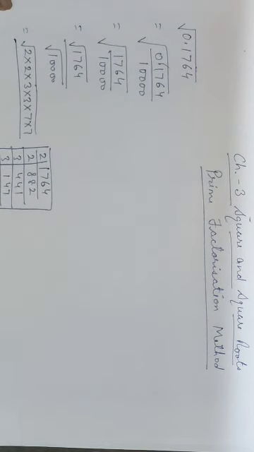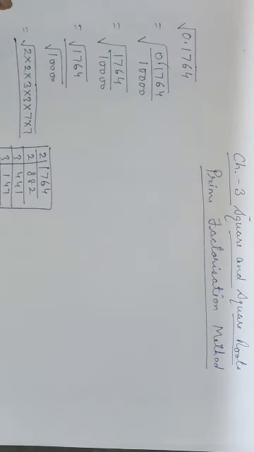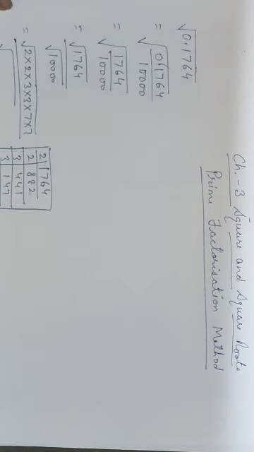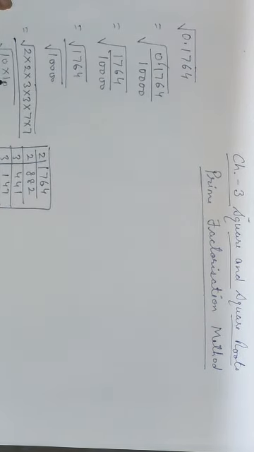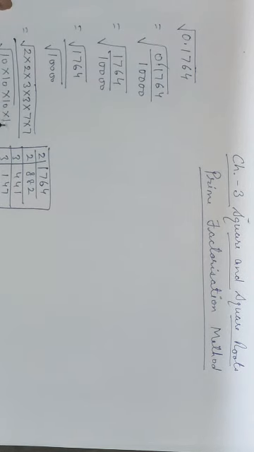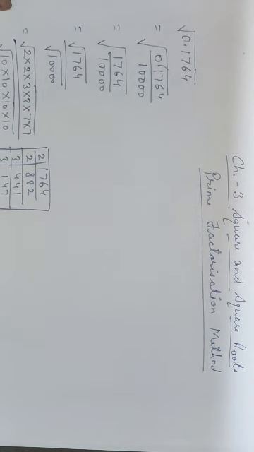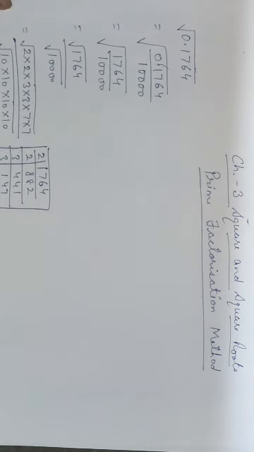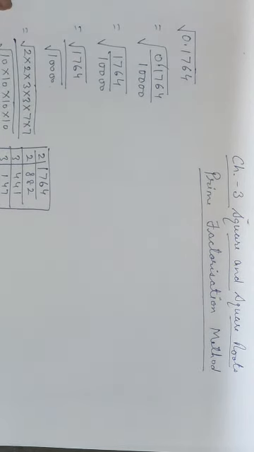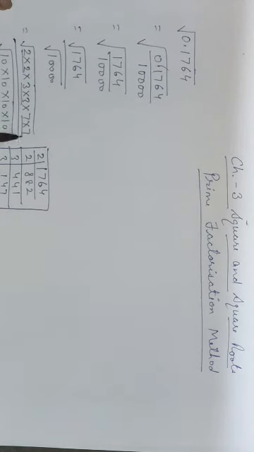Now for the denominator, as we can see, there are 4 zeros. So you need not find the prime factors for this number, as we can simply write it like this: 10 into 10 into 10 into 10. Because we have 4 zeros here, we will multiply 10 four times. Now what is the next step? To make the pairs of the same numbers.